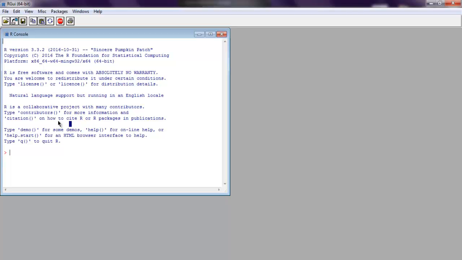Hi there. So in this video we are going to take a look at packages in R. We're going to see both RGUI and RStudio's way of handling the packages in R. When you open your RGUI, you will find this R console, and at the top menu you will find